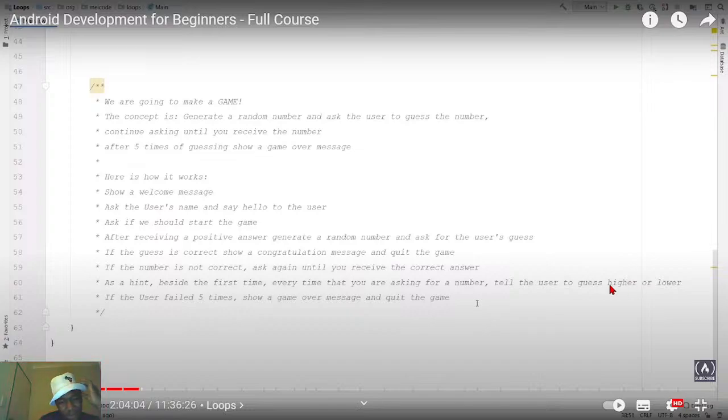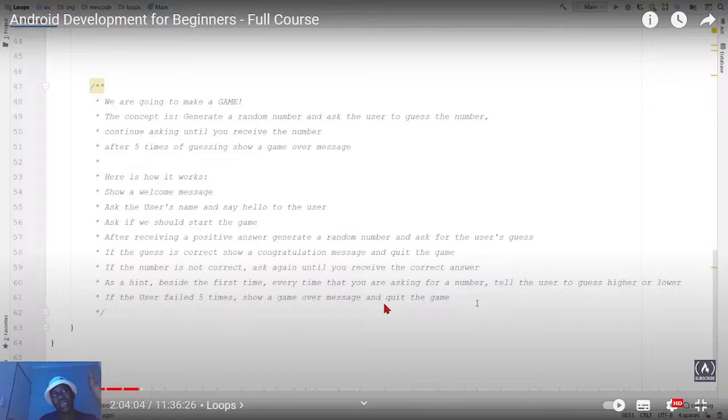Am I supposed to display the initial thing? I don't know. Beside the first time, this is tricky, not very straightforward. Besides the first time of me asking the user to input, okay, yeah, I understand now. I'm not supposed to display the random number. I'm supposed to ask the user to guess, right?